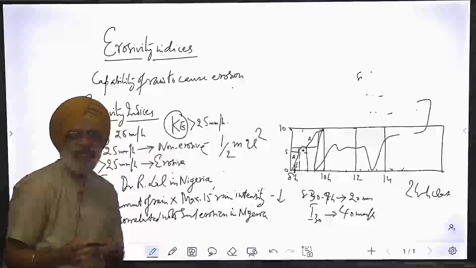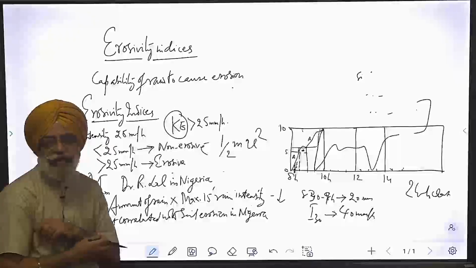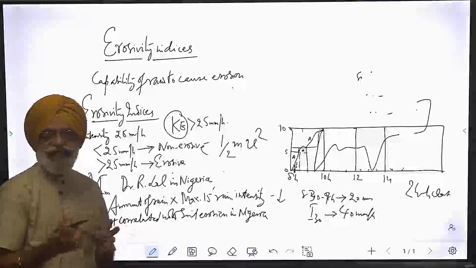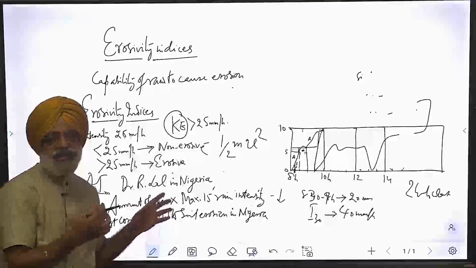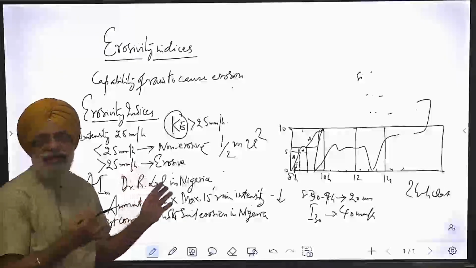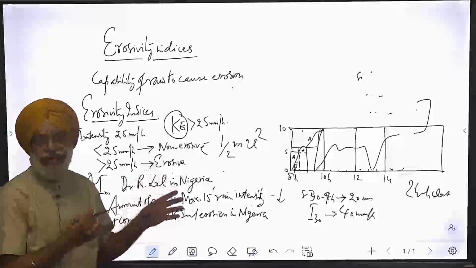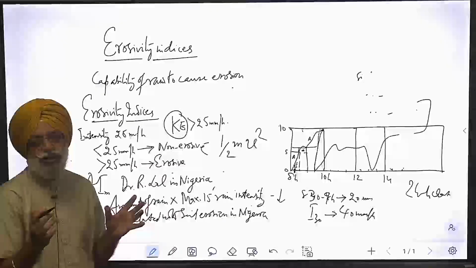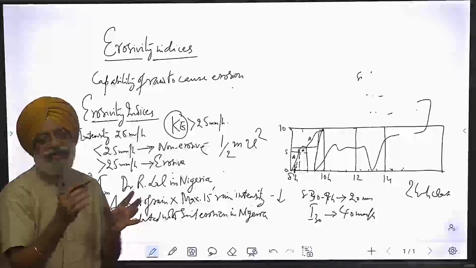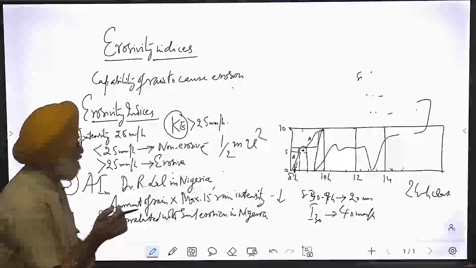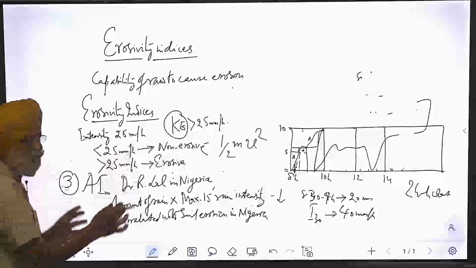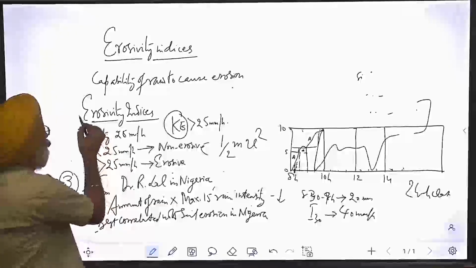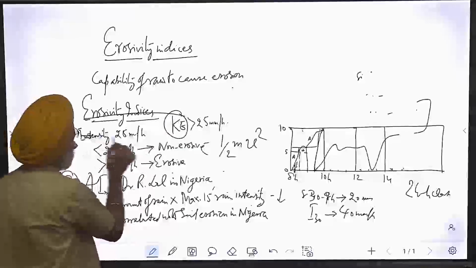In some parts of India, we have seen that EI 15 gives a better index instead of AIM or KE greater than 25 or EI 30, because we have the tropical rains over here. For tropical rains, EI 15 gave us the best results. So, these are the three most popular erosivity indices which we use for calculation of